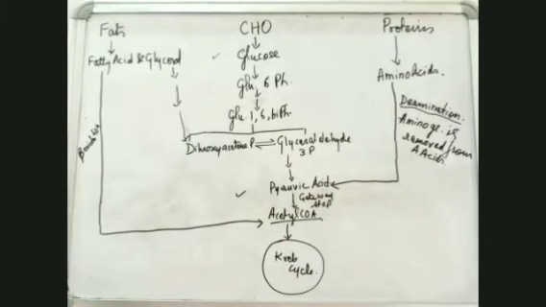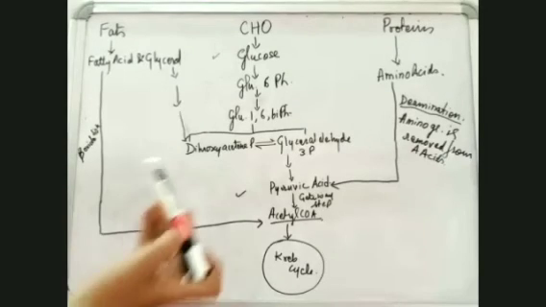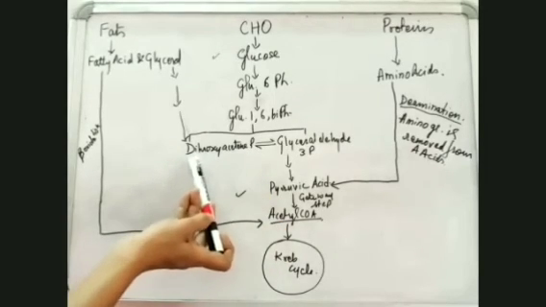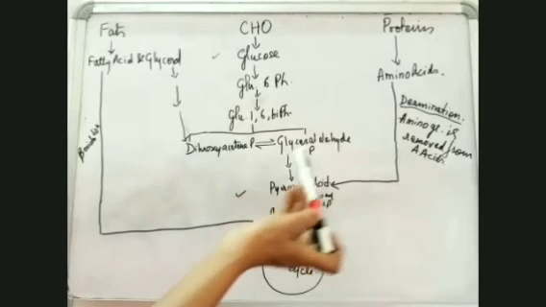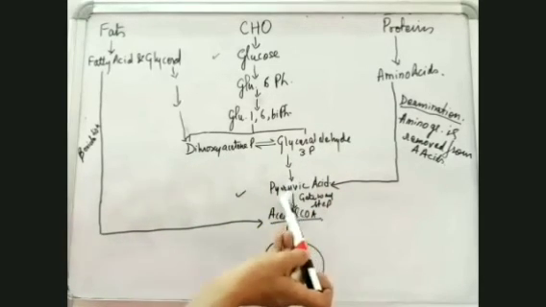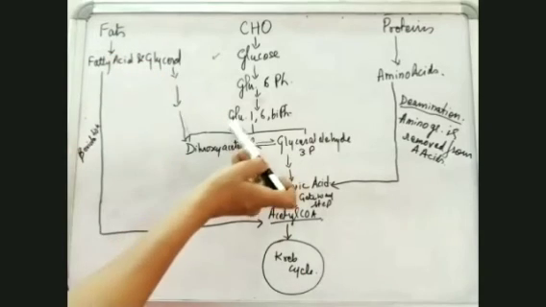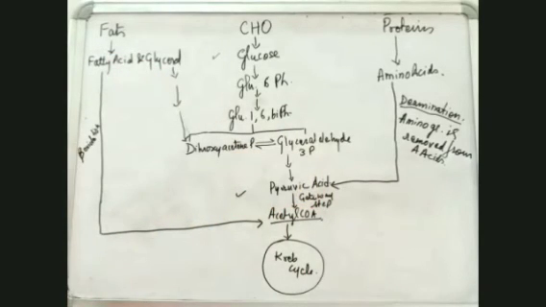Now I'm saying that it is an amphibolic pathway. Why am I saying it is an amphibolic pathway? Because here anabolism and catabolism both are taking place. Anabolism means construction, synthesis of big compounds like dihydroxyacetone phosphate, glyceraldehyde 3-phosphate, pyruvic acid, acetyl coenzyme A, glucose 1,6-bisphosphate. So such big compounds are formed. So something is being synthesized, and we call it an anabolic process.